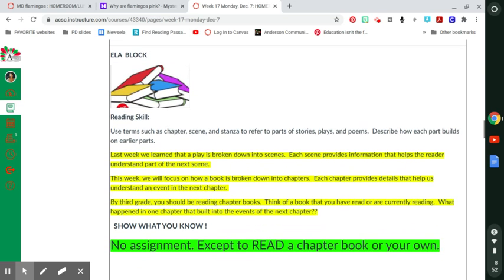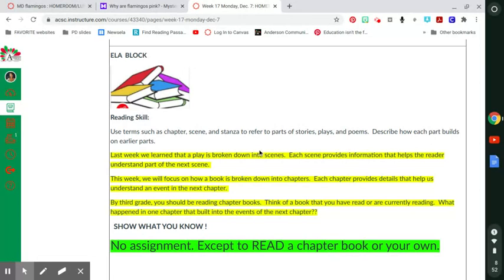Okay, now looking at our language arts skills, our standard is that we will learn to use words such as chapter, scene, and stanza to refer to parts of stories. So chapters are parts of a story. Scenes are parts of a play, and stanzas are parts of poems. And then describe how each of those parts builds on the next one, or each chapter builds